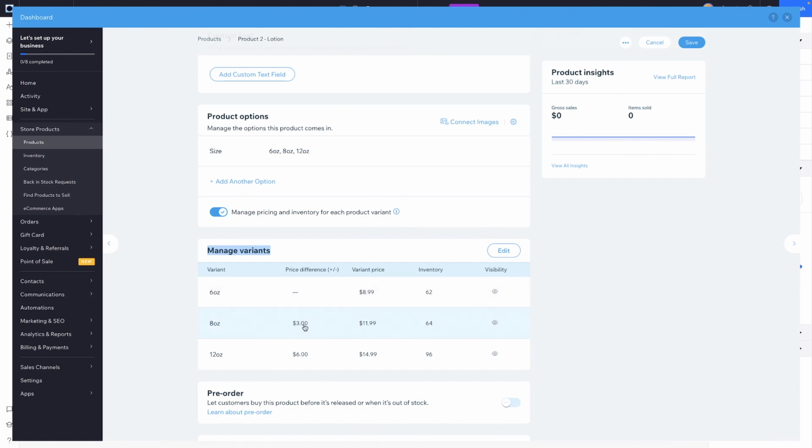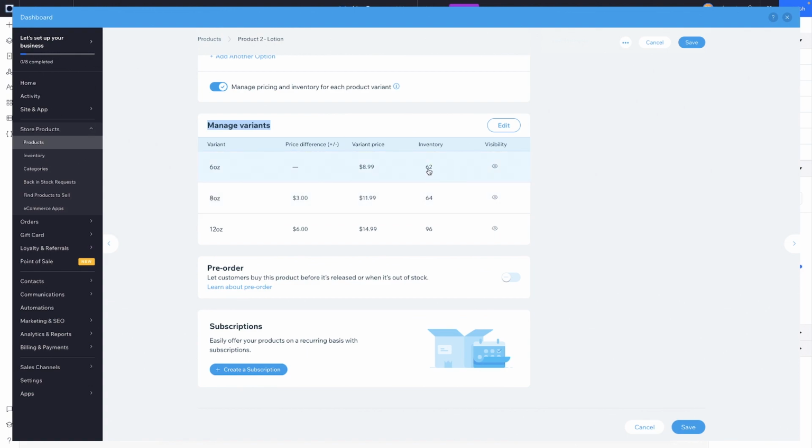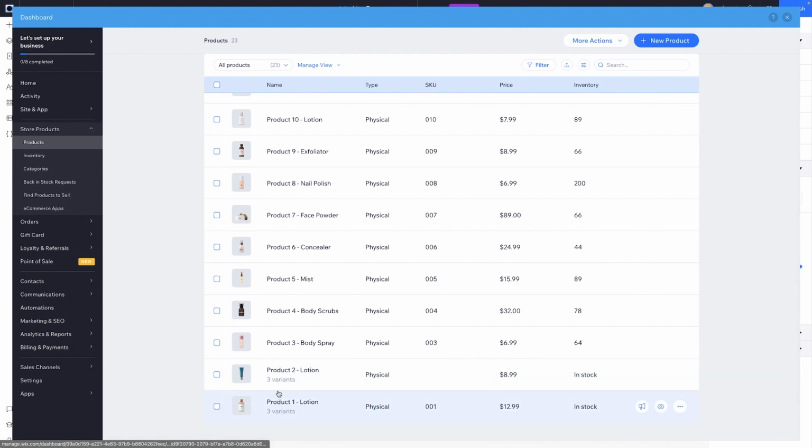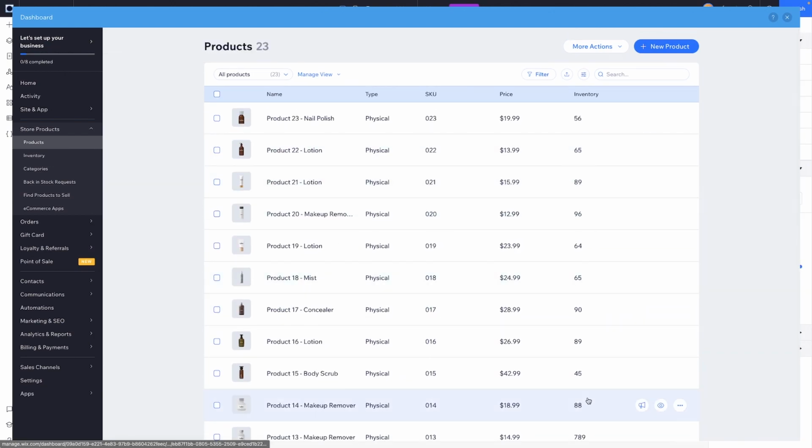For 8 ounce, it's $3 more for $11.99. And then for the 12 ounce, it's $6 more than the 6 ounce one, making it $14.99. And I also want to note here that with each of these variations, you actually have to put an inventory amount. That is why if we come all the way down to product 1 and number 2, the only ones with product variations and specific product inventory